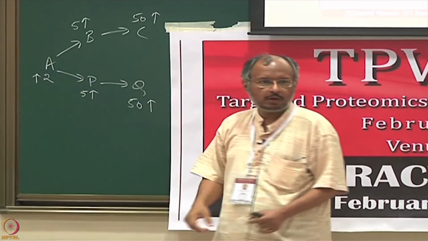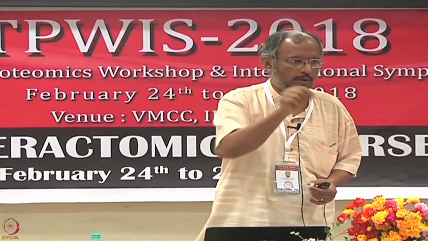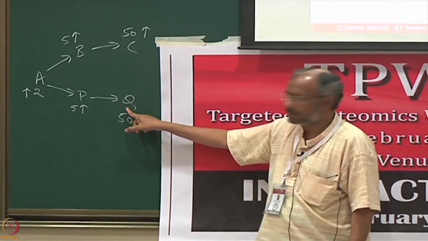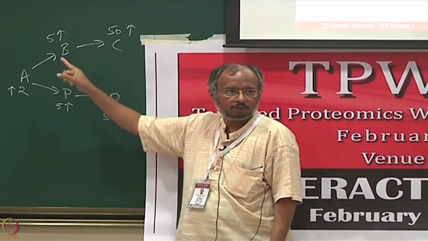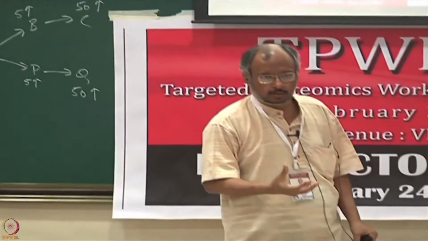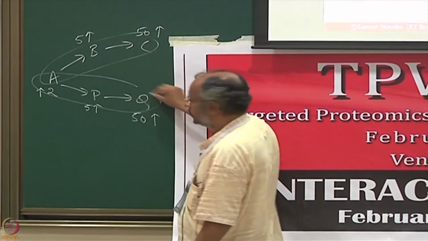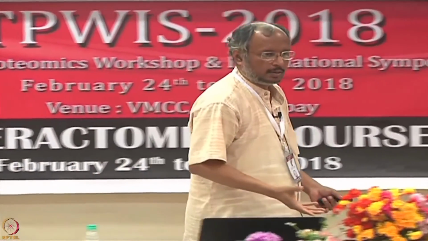Okay? So if the question was being asked, what's a cluster of effector genes which are going up as a response to whatever intervention you did? The cluster was not C and Q as one cluster and B and P as another cluster, because they would be clustered on the basis of fold changes. Remember, that's not a cluster. What should have been a cluster? This should have been a cluster, and this should have been a cluster, because there is a more obvious biological explanation as to how there is a cascade effect in terms of up or down regulation as you go down pathways.